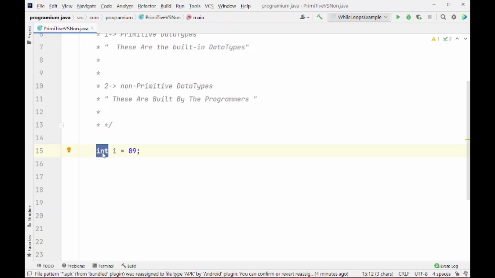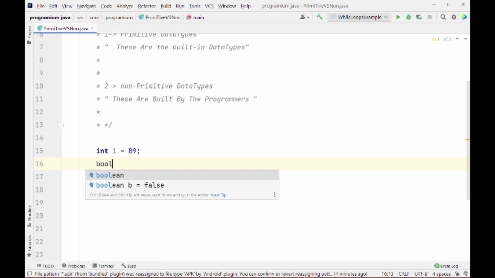This one is the data type, this is the variable name and its value, we know that. This is the main thing that would give you a hint about what are primitive data types and what are non-primitive. So notice that whenever we put an integer, its color is changed.